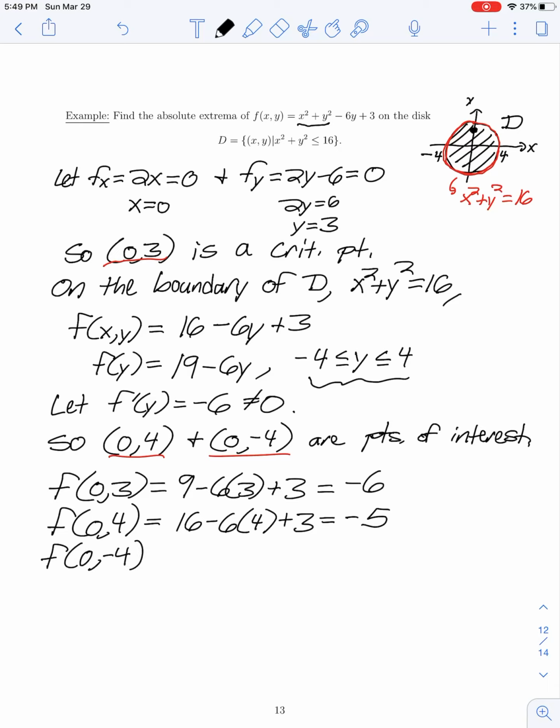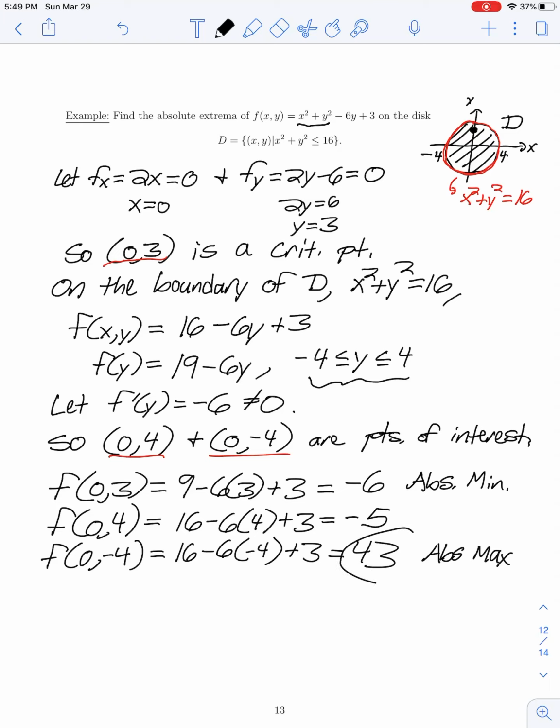So we're left with -5. And for the value of our function at the point (0, -4), we have 16 minus 6 times -4 plus 3 leaves us with 43. So here our absolute maximum would be 43, and our absolute